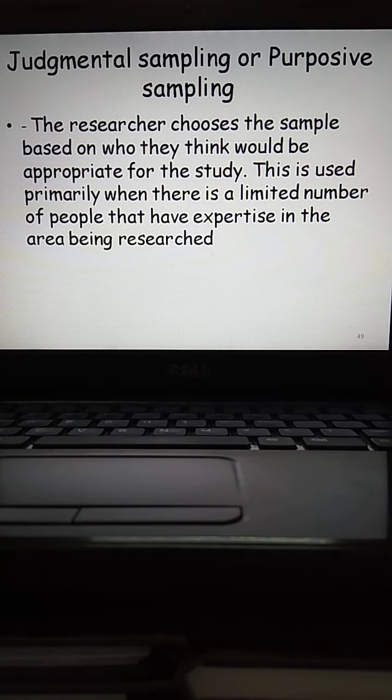The next one is judgmental sampling, or what is one more name, purposive sampling. The researcher chooses the sample based on who they think would be appropriate for the study. This is used primarily when there is a limited number of people that have expertise in the area being researched. The best example is